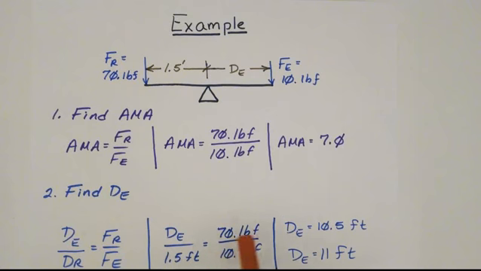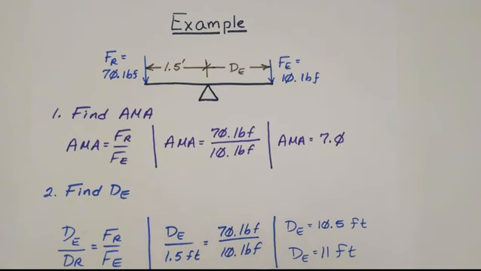Now to solve this, we typically cross multiply, so I multiply 1.5 times 70, then I divide by 10. When you do that, you come up with 10.5 feet. But I have 2 significant digits in each one of these numbers, so I round my answer to 2 significant digits, and we say the effort distance is 11 feet. We'll be doing more problems like